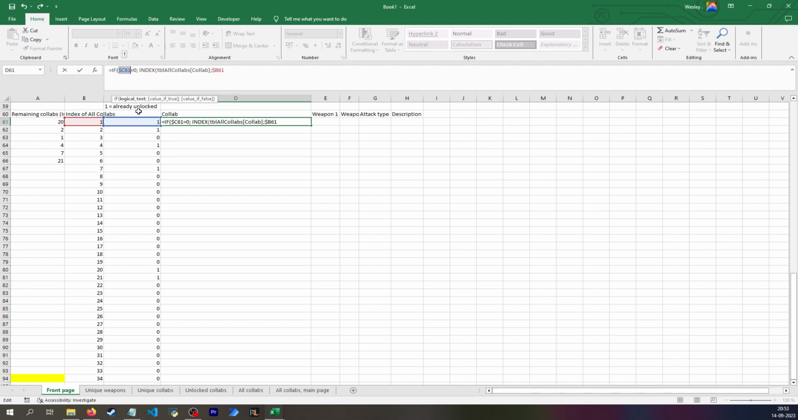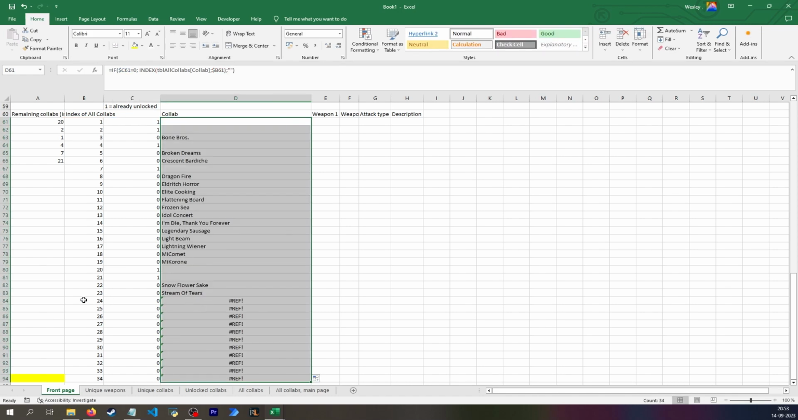When I copy it to the right, it still looks at this cell. When I copy it down, it looks at the current row. So that is fine. And then I want to say that if this cell is not equal to 0, so if it's equal to 1, then I want it to do nothing. And then because I can't find index 24 inside my table because there aren't 24 collabs, it will give me